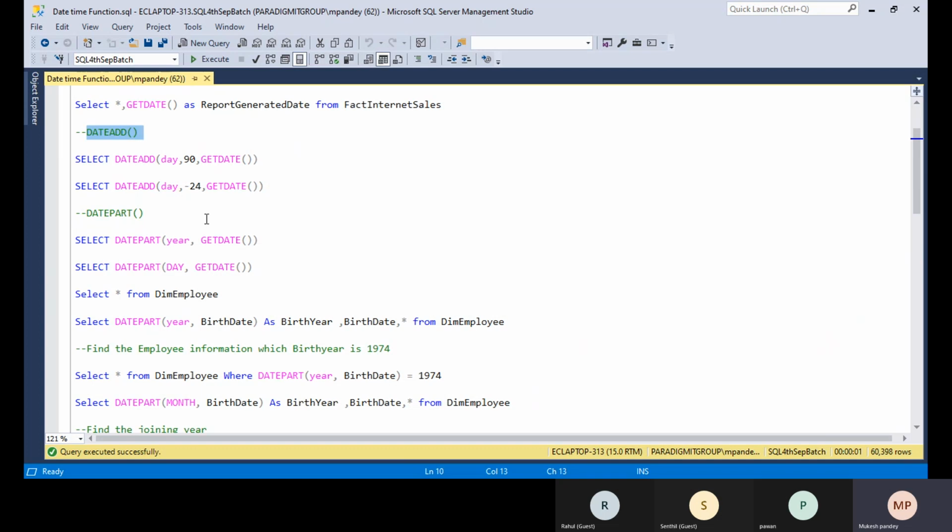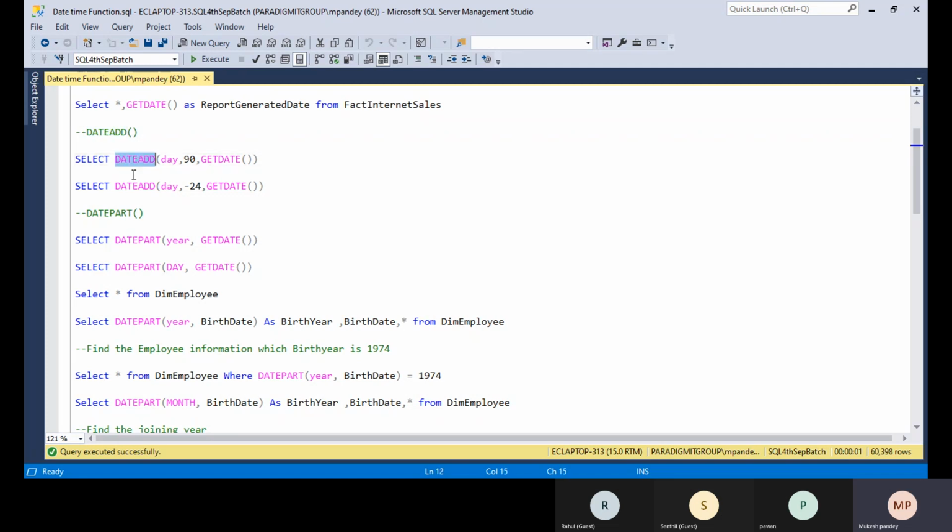If an employee resigns today, what is the last working day of this employee in the organization? How can we get the last working day? In this situation, we can use the DATEADD function.